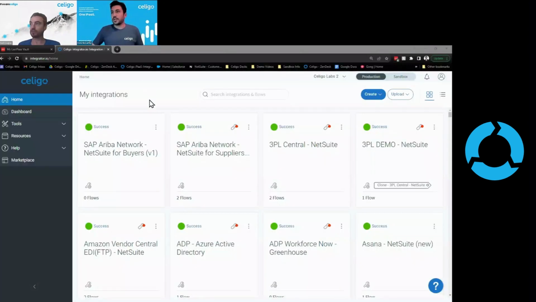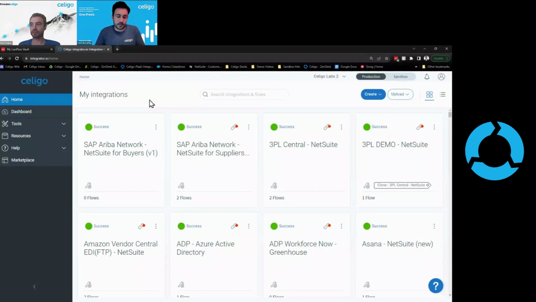All right. So within Celigo, and if this is your first time seeing Celigo, welcome in. What we have inside of integrator.io is really the idea behind Celigo: a centralized place, a single screen to manage, maintain and build out all these different integrations. What we're going to walk through today is working with an ERP like NetSuite, and then working with another software such as SAP Ariba to sync things like purchase orders and vendor bills between